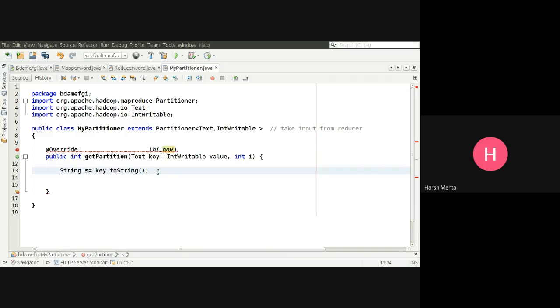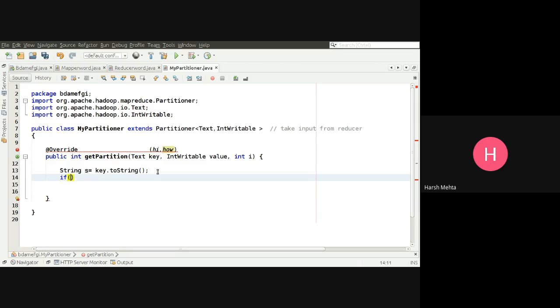Now the logic here is different. The logic we had put earlier was based on the value count. Now, instead of value count, we'll do it based on the key count. So how do we count the key?